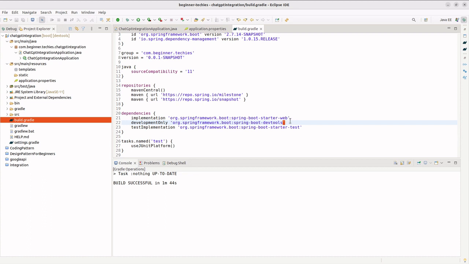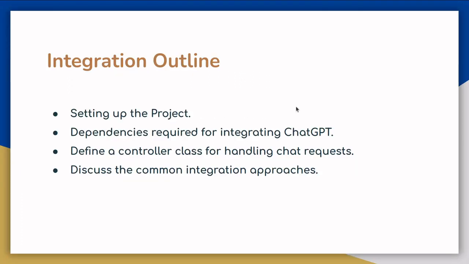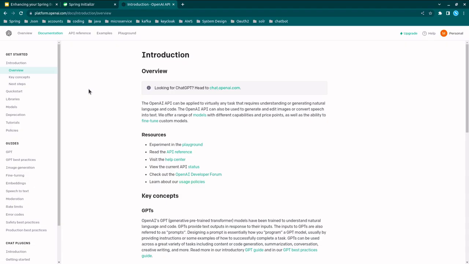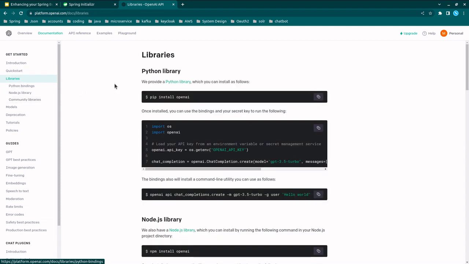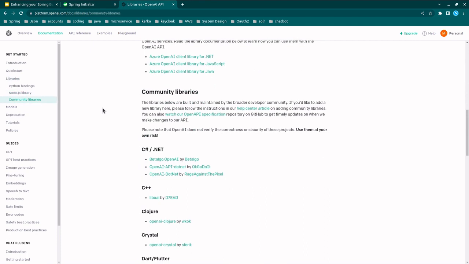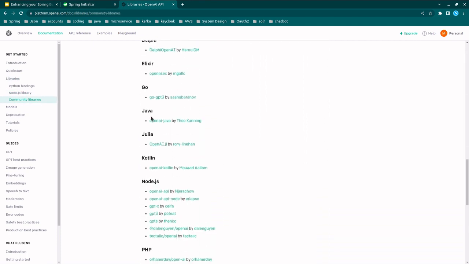Let us discuss the dependency which is required to integrate ChatGPT. The second part is we have to find out the dependencies required to integrate ChatGPT with Spring Boot. Okay, so for that we have to visit the official documentation of ChatGPT. So we have the documentation of ChatGPT over here. We have to check this libraries part. We have a Python library here. We have to look for Java libraries, right? So here we have a Java library,